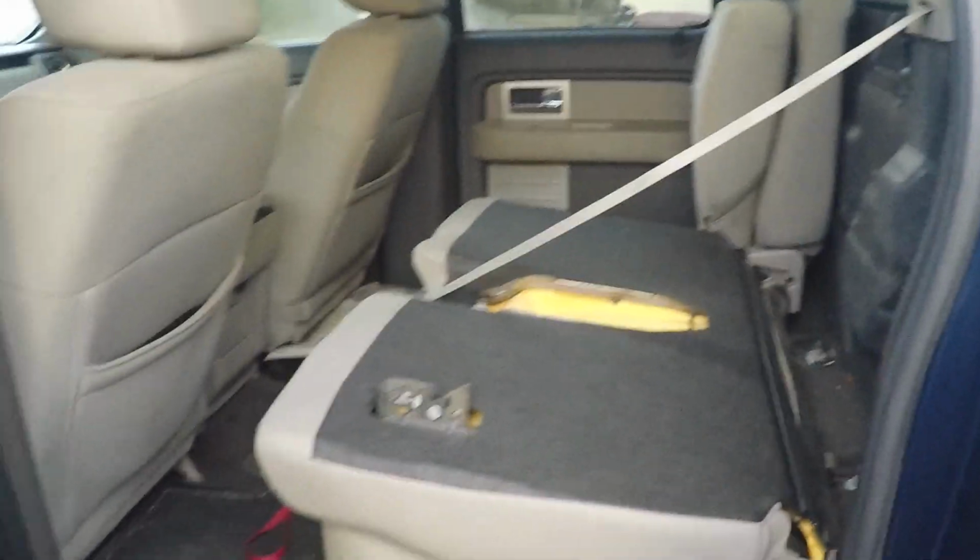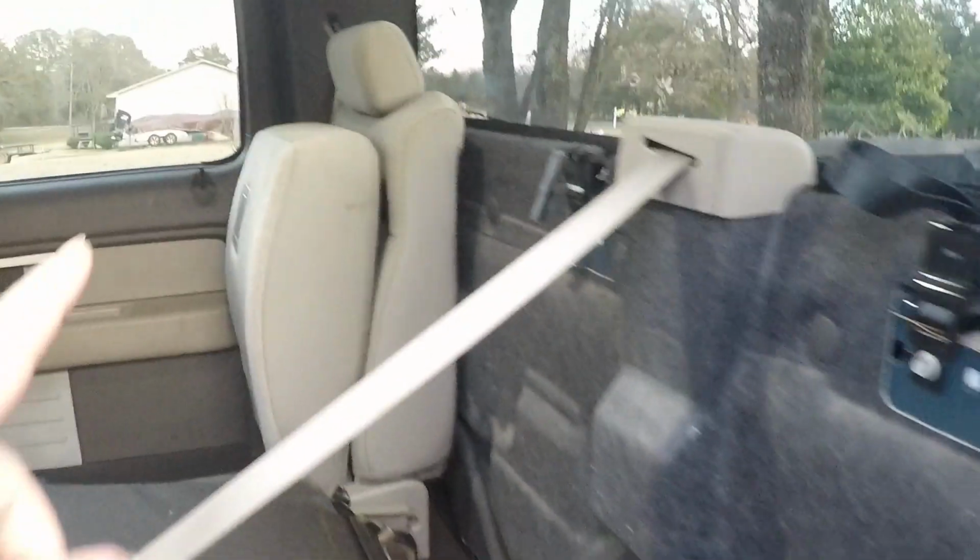In today's video, I am going to show y'all how to fold down the back seat on a 2009 to 14 F150, as I have here. So, I'm gonna get right in the video. I'm gonna do it over there to show you guys, but pretty much there's this little tab right here that releases the seat back. Now what I did to make it easier is I did remove the headrest,